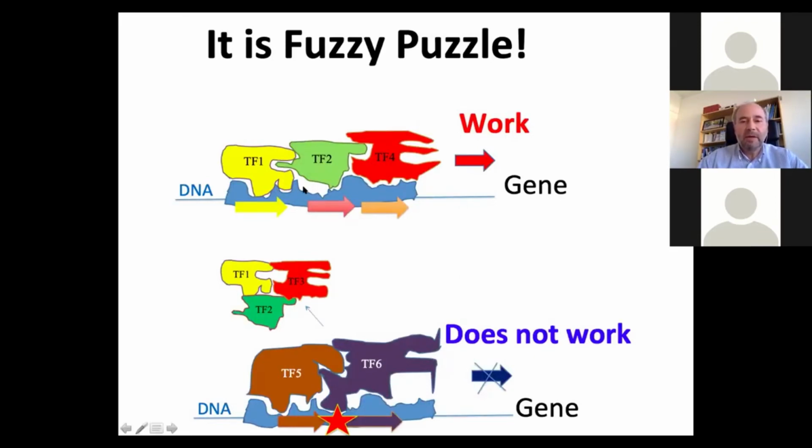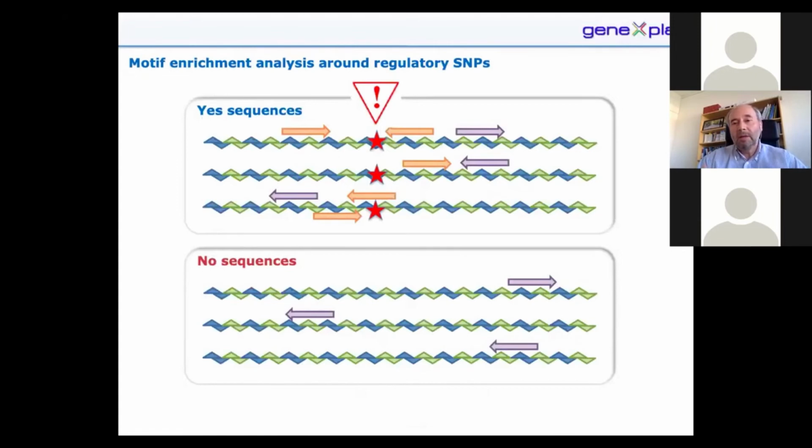Basically, since this binding is not very exact, one mutation in a place can distort the whole region, and the complex of factors can be substituted by another complex of factors, which would drastically change the expression of the gene. And to analyze that, we came up with an idea to apply our composite module analysis, the algorithm which searches for the composition of binding sites, not just at the place where the mutation is happening, but at the region around this place. So we can not only look at the transcription factor binding sites which are immediately affected by this change of a nucleotide, but we can also look at how the whole region is rearranged